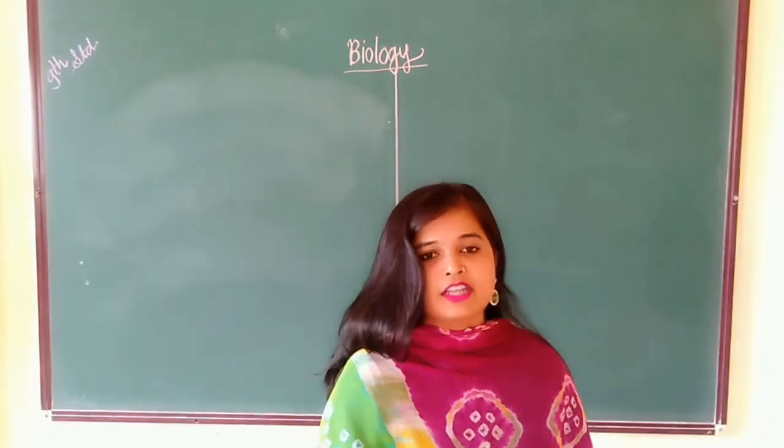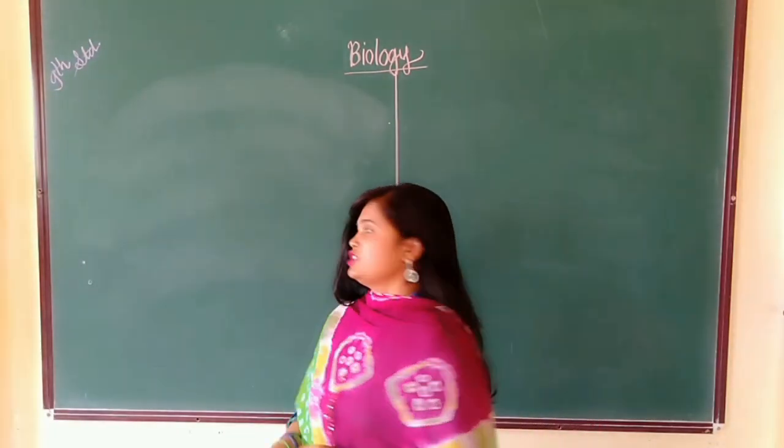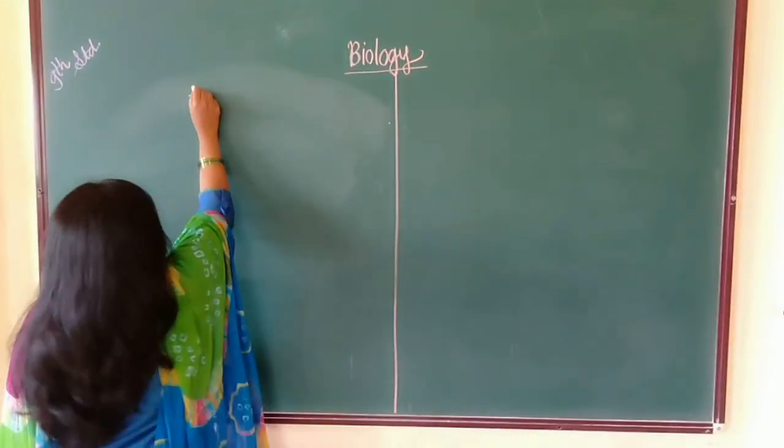Hello dear students, in the previous video we have studied how to prepare the stained temporary mount of the onion peel cells as well as that of the human cheek cells. We can try preparing temporary mounts of peels of onions of different sizes. So what do we observe? Do we see similar structures or different structures? What are these structures? These structures are cells.